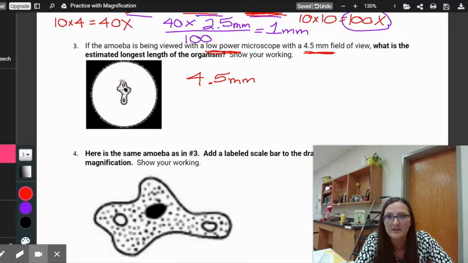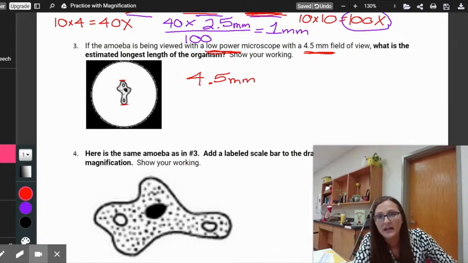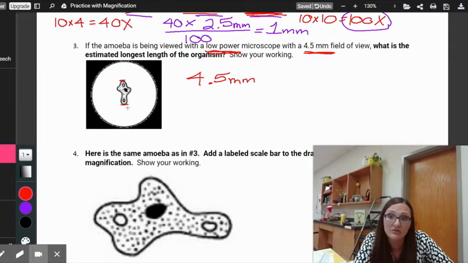So from here to here, you always pick the longest parts, okay? So how much of the field of view is it taking up in diameter? And it's literally a pure estimate. How many amoebas do you think it would take to get all the way across your field of view? In this case,